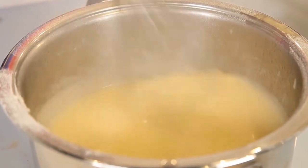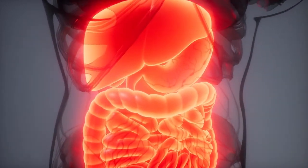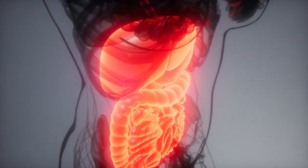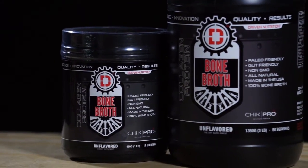Bone broth is known and used often for just its gut health benefits. This is because bone broth pulls a lot of fluid into the digestive tract that are used to line the mucosa of the intestinal system. It's also full of electrolytes and the amino acids like glutamine, which help support not only gut health, but in turn your immune system. Now, this Driven Nutrition bone broth product is made primarily of the protein collagen, type 2